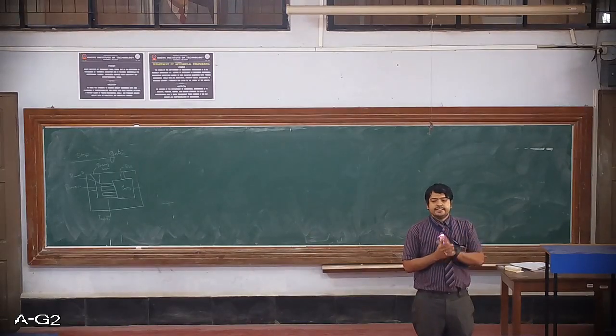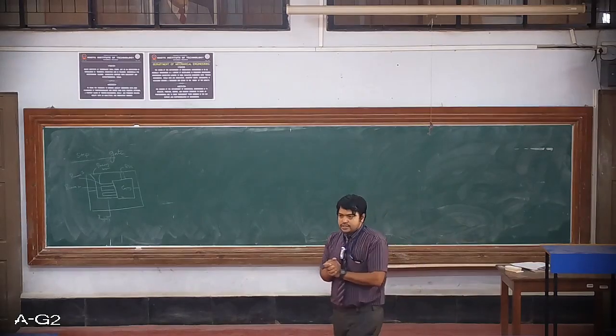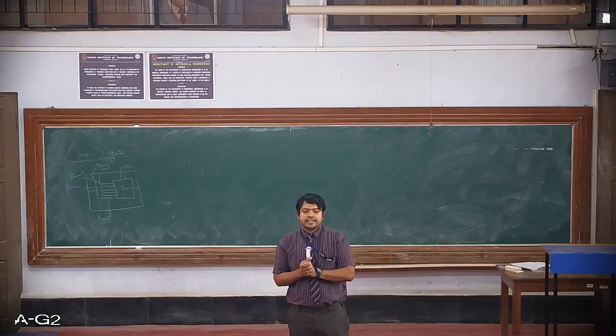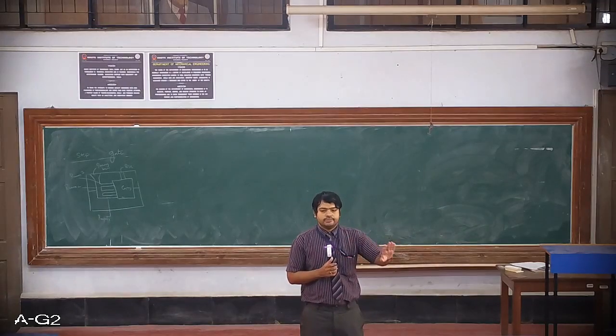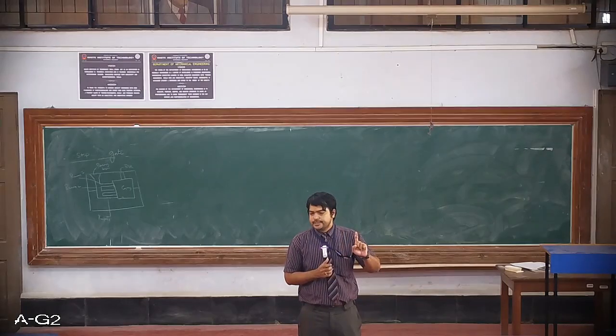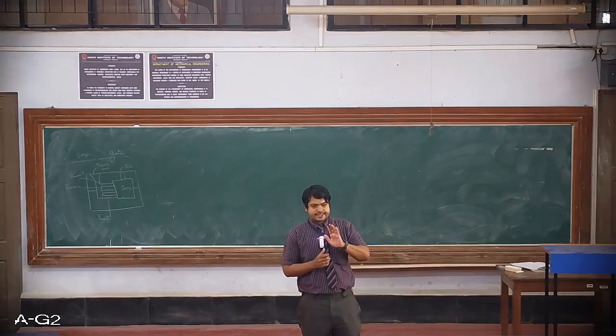If it exceeds, then definitely we are going to get defects. Then the casting is rejected, and that is nothing but a loss to the company. So every company tries to achieve a component which is good, that is free from defects. I hope you understood the types of gating system.